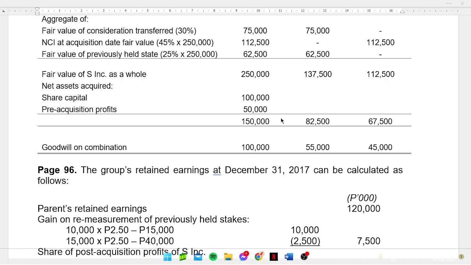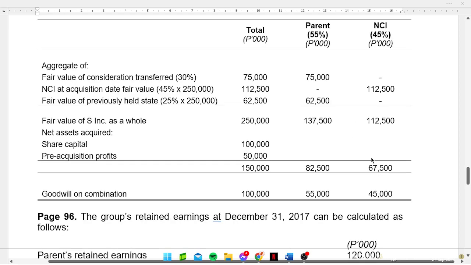Paano yun nakuha? Ayun, 100,000 times 55% is equals to 55,000. Tapos yung 45,000, 45% times 100,000 is